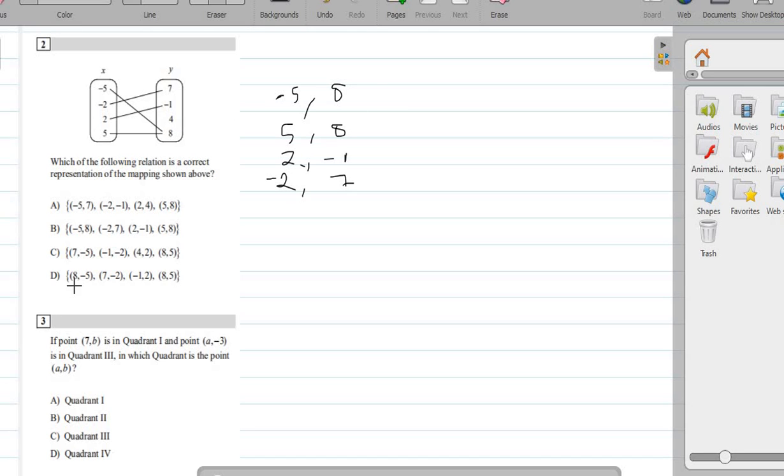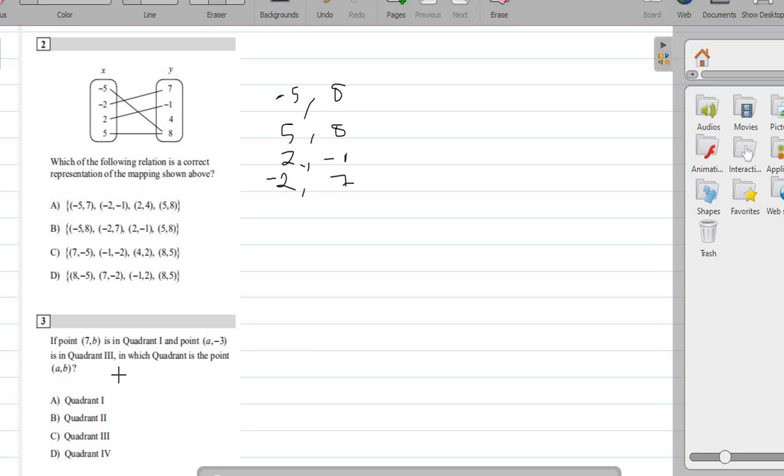So we have minus 5 and 8, minus 2 and 7, 2 and minus 1, and 5 and 8, so B is the answer here. Then looking at 3: if point (7, B) is in quadrant 1 and point (A, minus 3) is in quadrant 3,